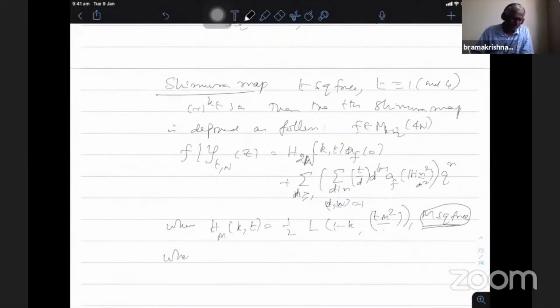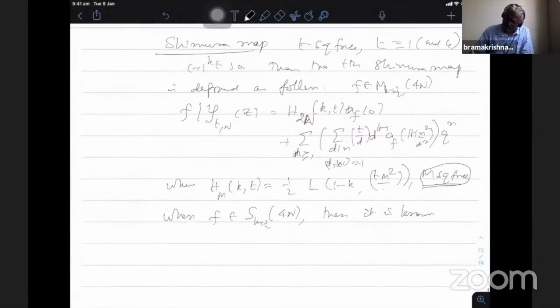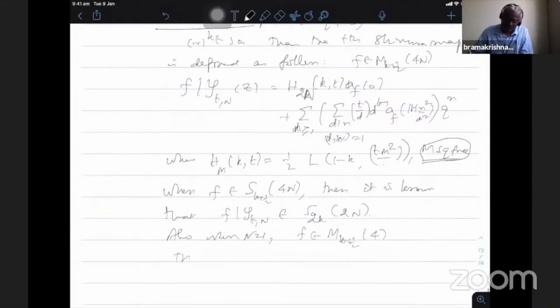So when f belongs to the cusp forms, then it is known that if I apply the Shimura map, it belongs to the integral weight 2k, level 2n. Also, when n equal to 1, f belongs to M_{k+1/2}^+(4), then the Shimura-Kohnen image of f belongs to M_{2k}(2). This was proved by Van Asch